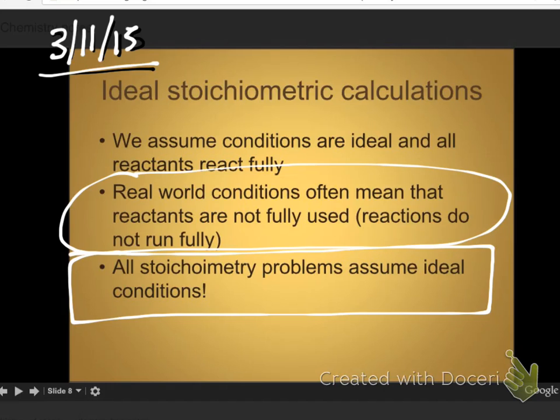If you go on to take quantitative analysis, which is just heavy-duty stoichiometry for 16 weeks at the college level, you do all your calculations, and then you go to the lab and you attempt to get the actual ideal full amount of what you said you could produce. It's challenging. It doesn't happen a lot. And in a good quant lab, you keep running the lab until you get down to like 1% error or less. So lots of careful measurement and lots of making sure everything goes perfectly.